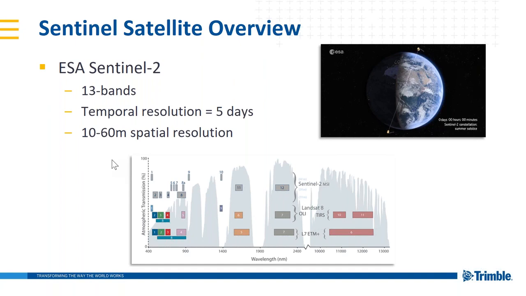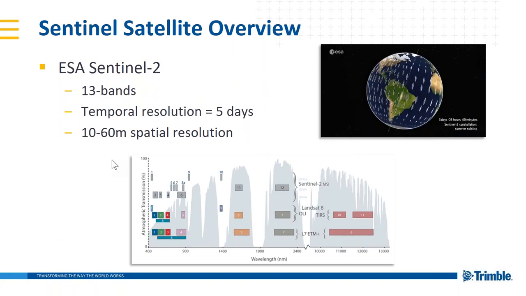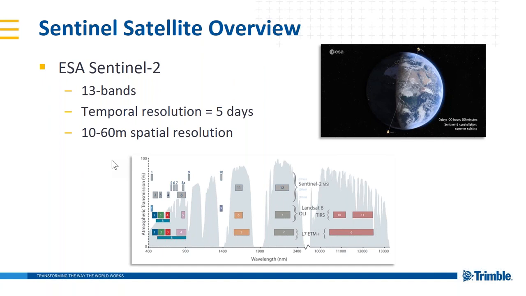And on the image at the bottom, you see that it's very comparable to the Landsat data sets. We also have bands in the shortwave infrared and also the optical. Sentinel-2 doesn't have the thermal bands, but it has more bands in the red edge area and also 2 in the near infrared. For our analysis, we use bands 2, 3, 4, and 8 of Sentinel-2. These are the 10-meter bands and correspond to blue, green, red, and near infrared.